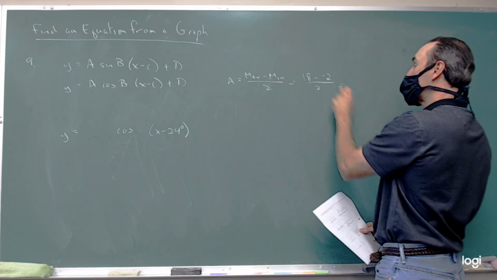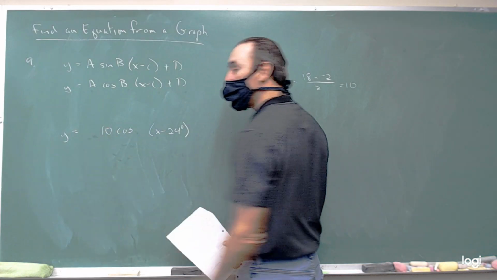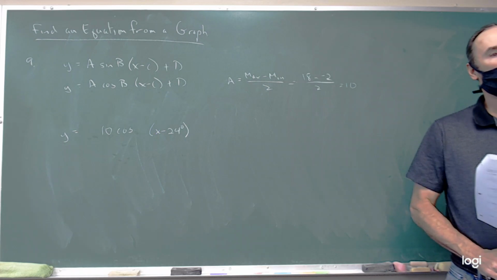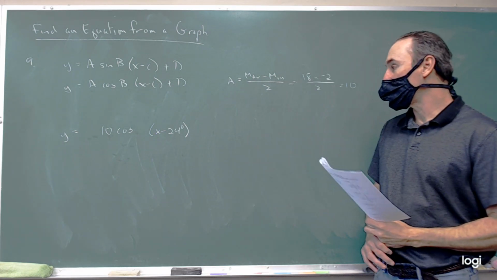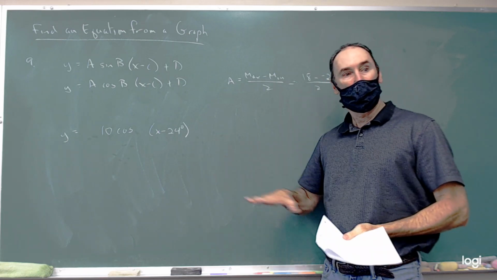And so that's going to be 10. So we're going to put a 10 here. That's how we're coming up with the A. Is that okay? Now, once we know the amplitude, finding that D, the vertical translation, we can either start with